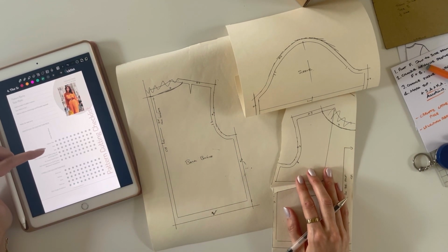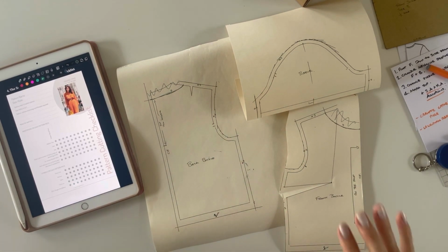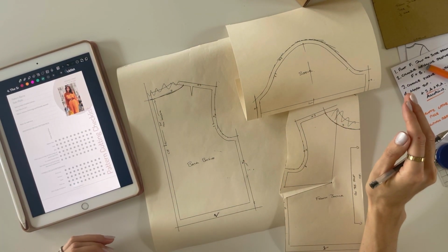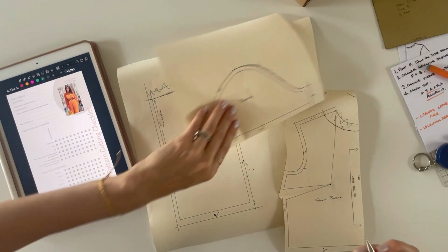The first thing we want is the pattern title. So you can come up with a title for the pattern. I find just writing sleeve doesn't really help in the long run. You want to write what kind of garment it's for. So give it a fun name. It could just be like easy peasy top or like super comfy top, whatever you want to, just give it